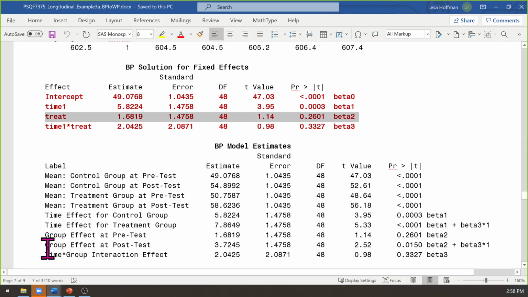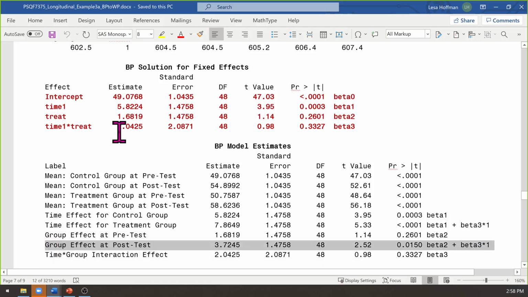Also, the fact that there is a significant group difference at post-test, what you get if you add 1.68 and 2 together, the fact that that combined term is significant would be good news, which means at post-test, the treatment group is greater than the control group. It's just that they did not change differently. According to this model, though,